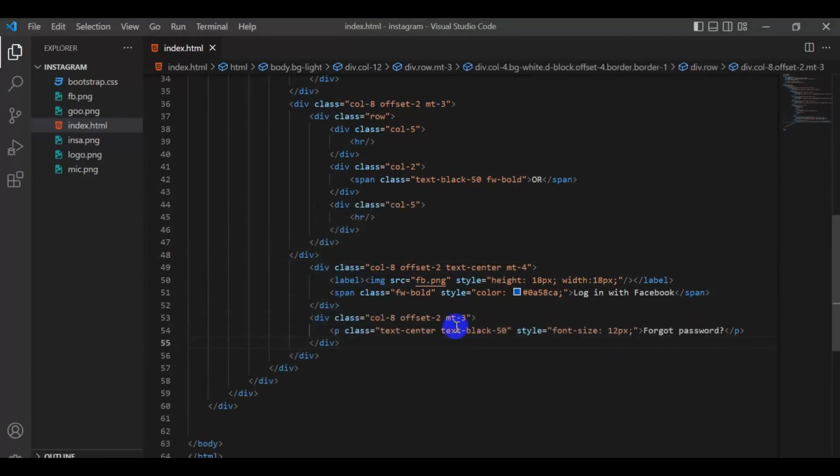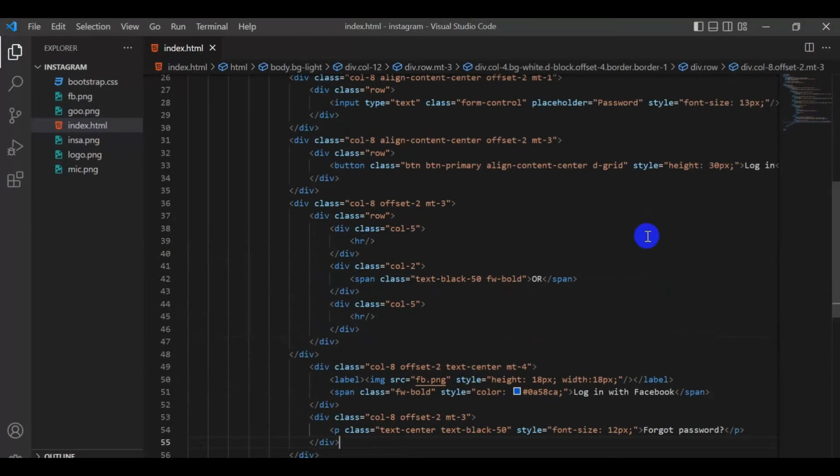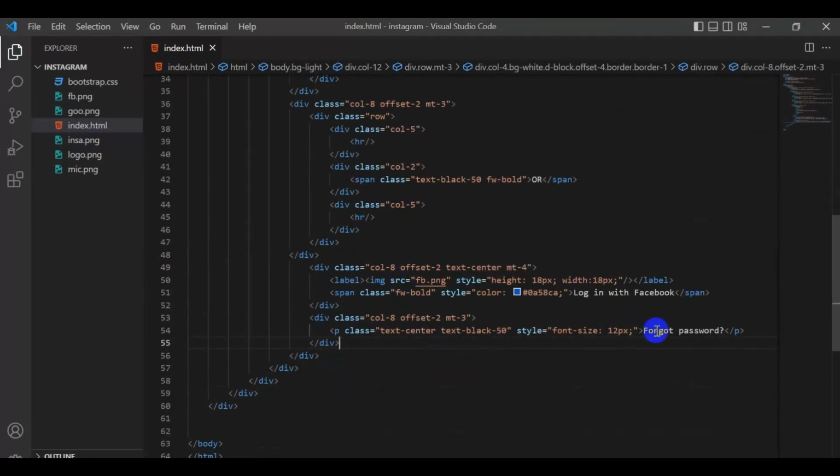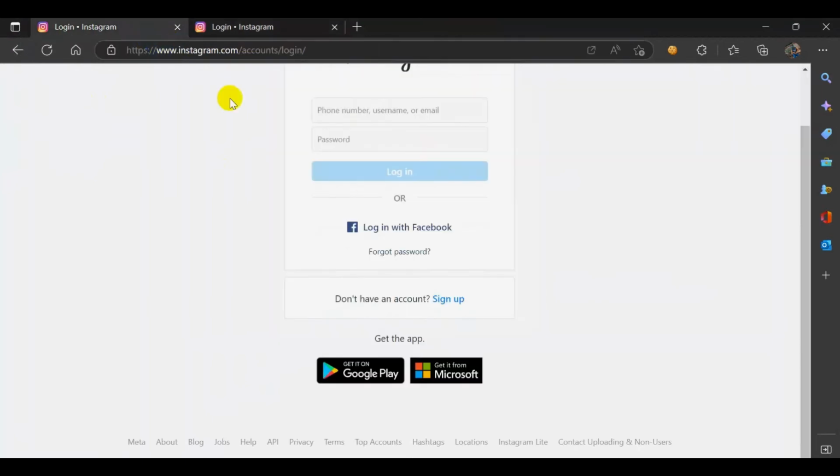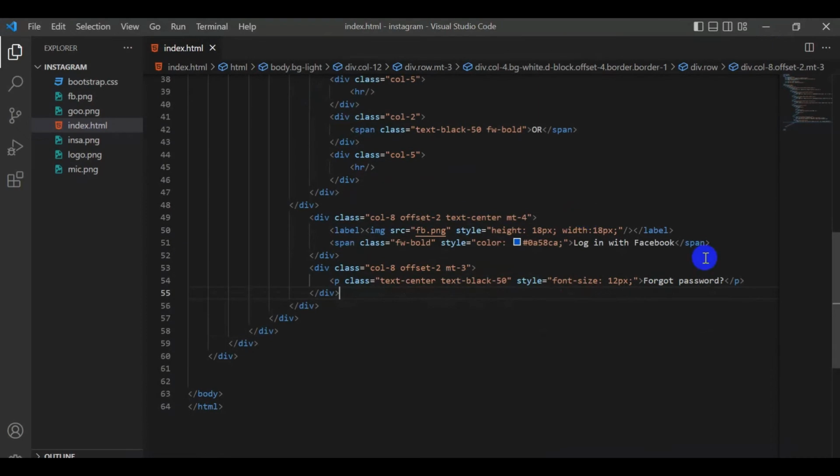I'm going to copy the div which I have created in here and change the wording to forget password. As you can see, now the forget password phrase has appeared. So next I am going to create this don't have an account sign up option. For that,